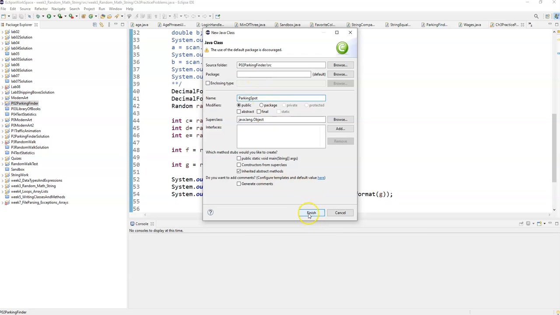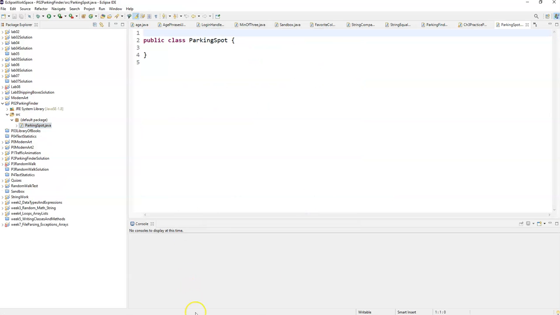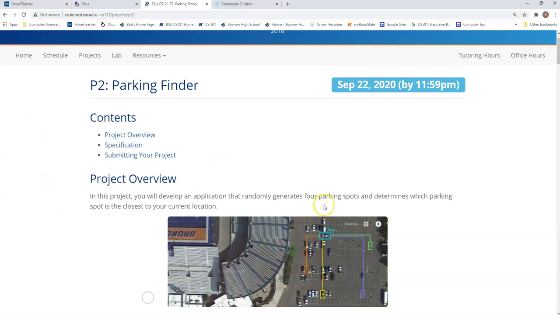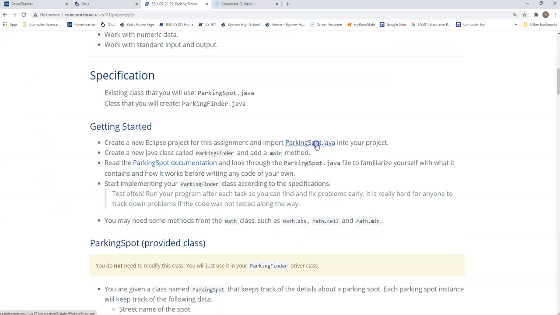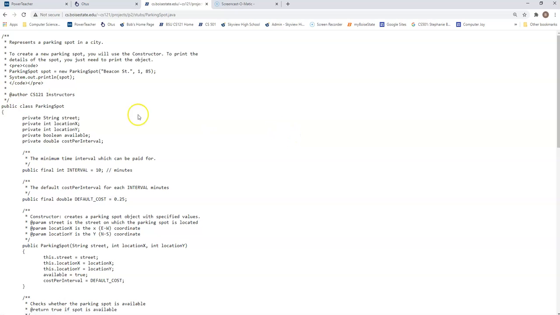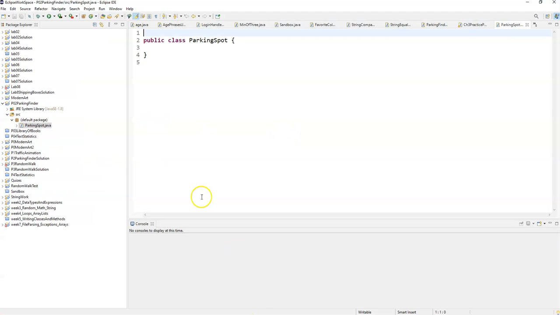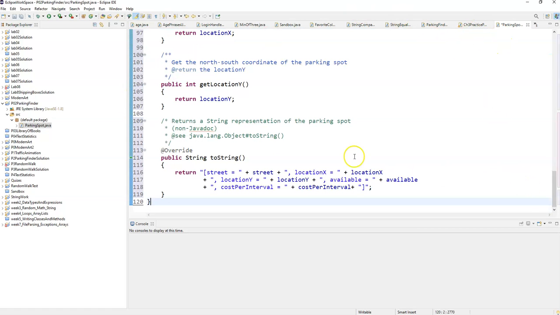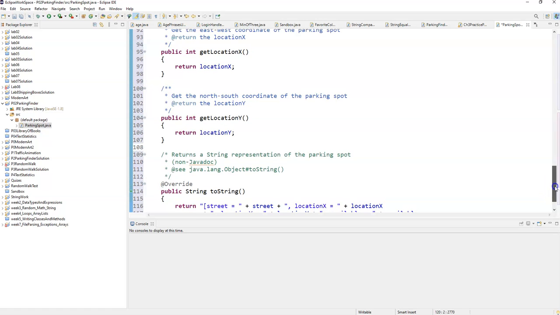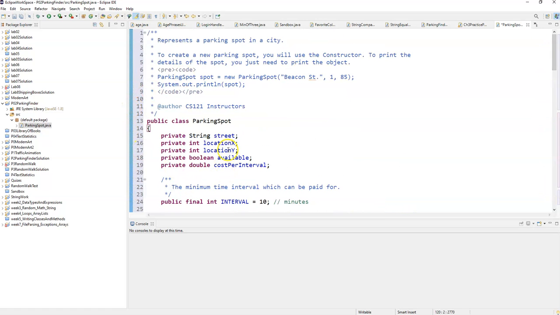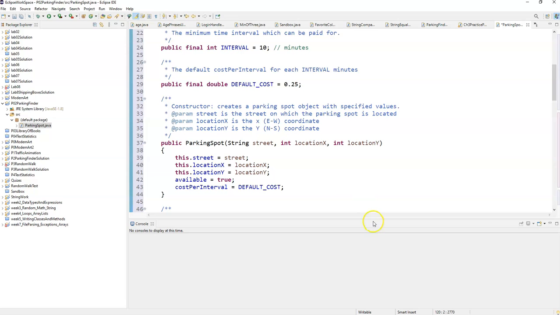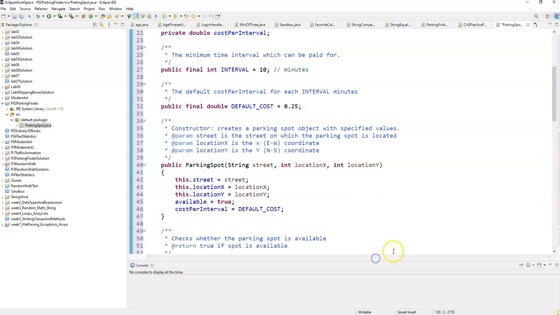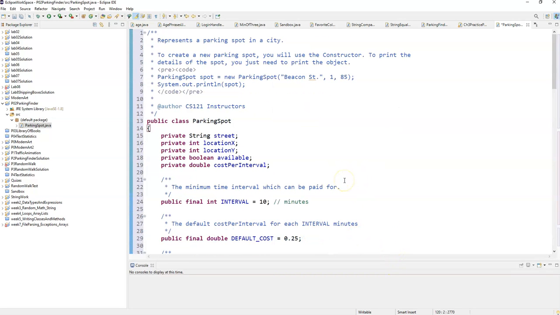We do not have a main method in this one, parking spot. So let's take a look at that real quick. Hopefully I got that right, parking spot.java. I did. Okay, so we're going to copy this in to our Eclipse right here and make sure we don't have any red errors going on. I'm imagining I might. Okay, so if we want to take a look at this class that is provided to us, these are going to be a lot of your methods that you're going to be using in your Parking